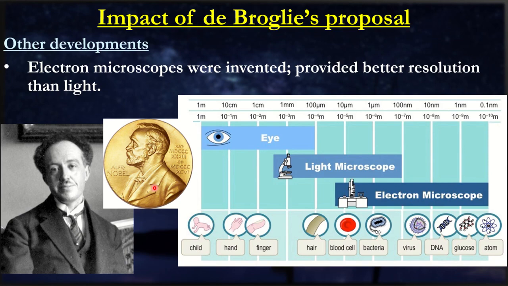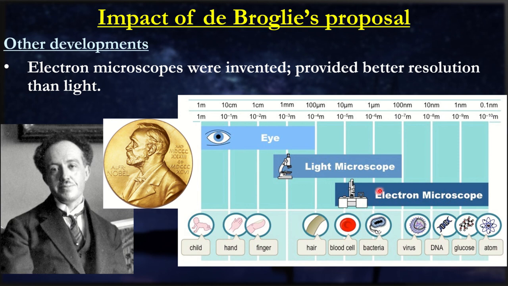So there's that. Now the overall impact of de Broglie's proposal is very significant. If you have a look at the different ways we see things, our eyes have a specific range in which we can observe particular objects. Obviously, if we can't see them, we tend to use microscopes. These are generally what we call light microscopes. We use interference and diffraction of light to magnify the image of really tiny objects. But there is a specific range that even light can't really show us, from about 100 nanometers and smaller.